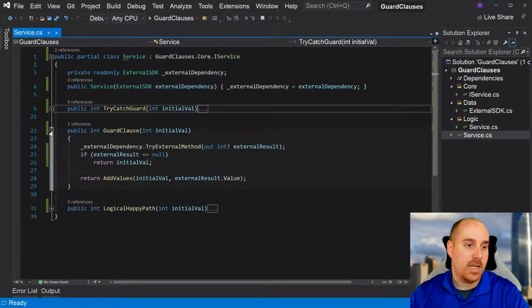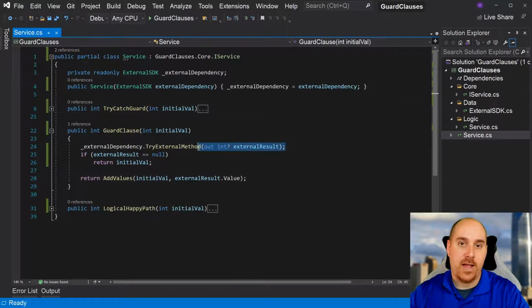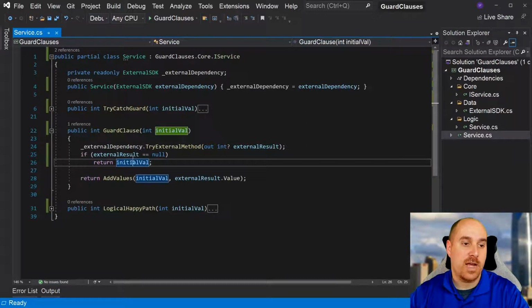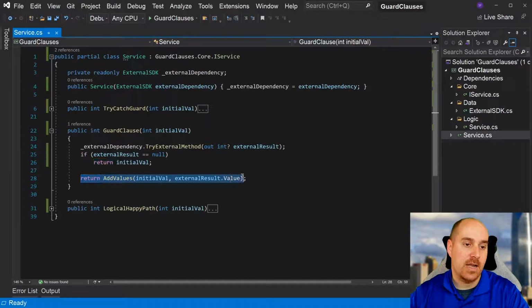We're going to say instead, we're going to call that same external method, and we're going to do a clause, a conditional statement. And we're going to say if it's undesirable, so if the value of this is null, which is undesirable, we're just going to return the value that was passed in. We're not going to do any transformation. If it ends up being desirable, it'll fall through down to here, and it'll say we're going to do the